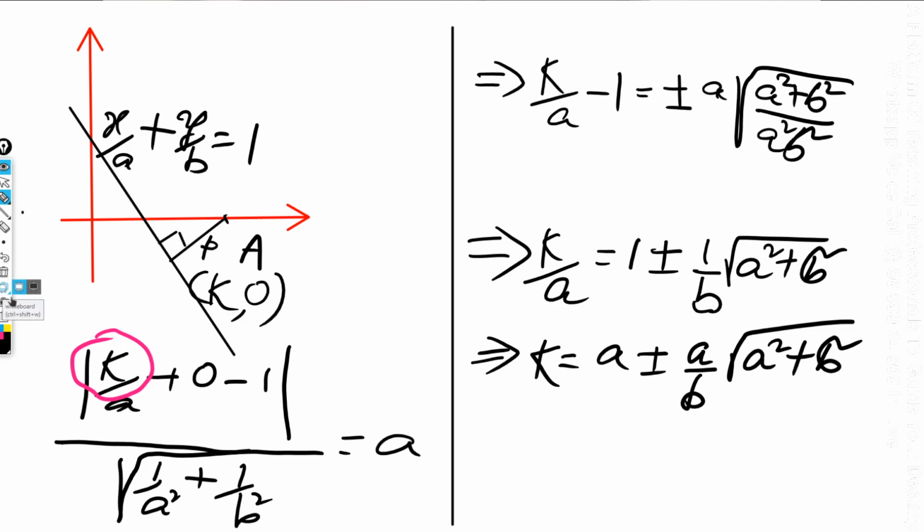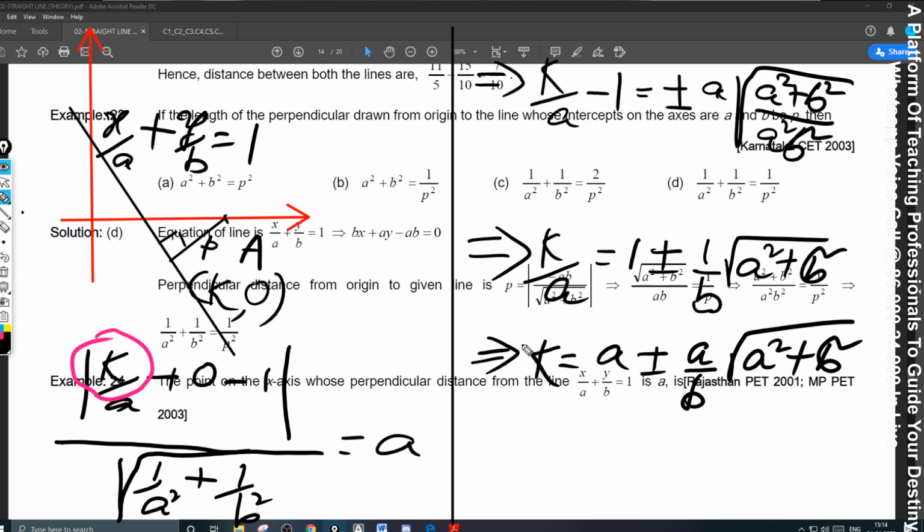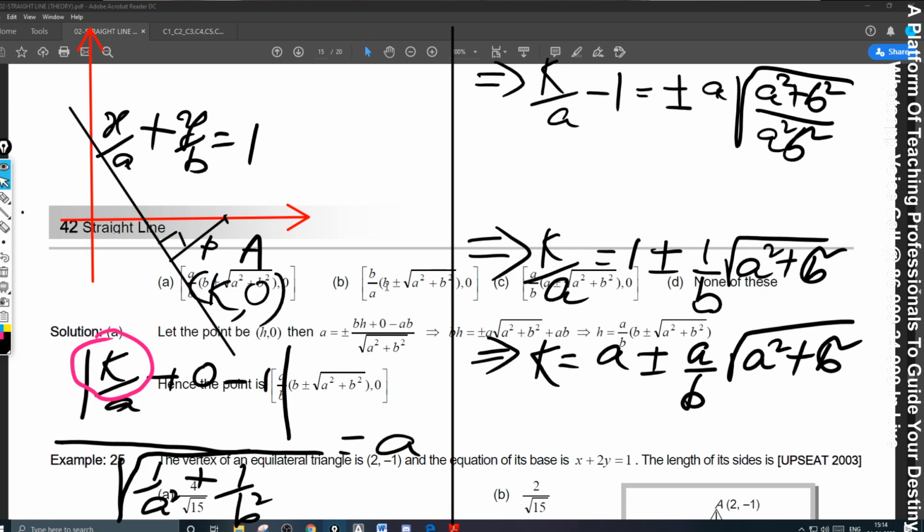Let us check it out. The options here. B by A. I have taken LCM also here. A by B. A by B into, what is the answer we have got? A taken common here, A by B into B plus or minus this, you take A common here. Then what happens? You will get